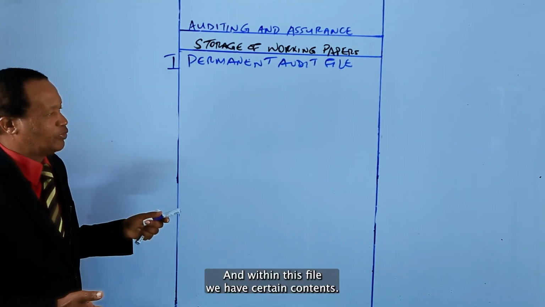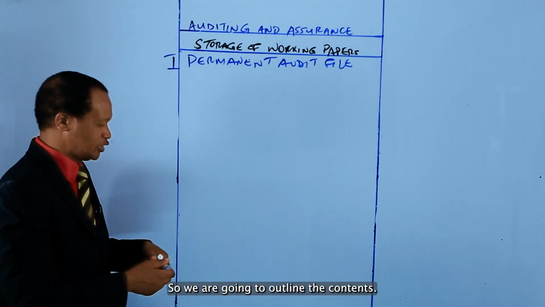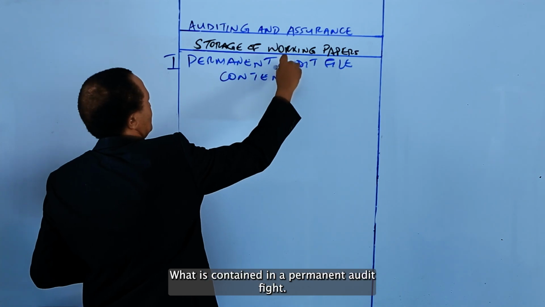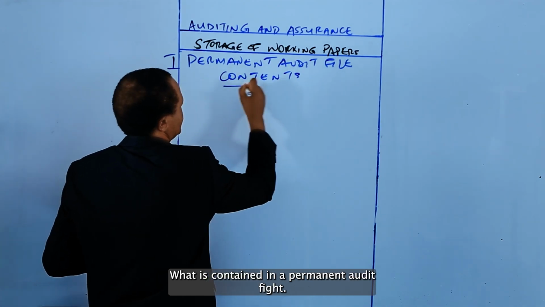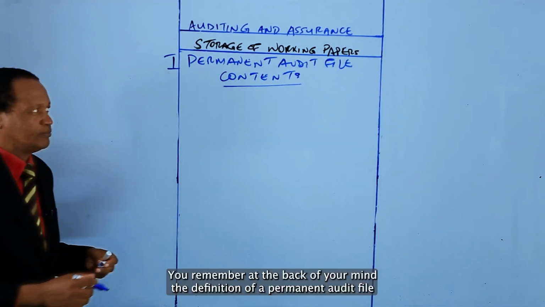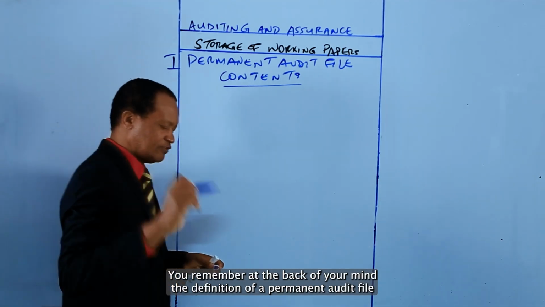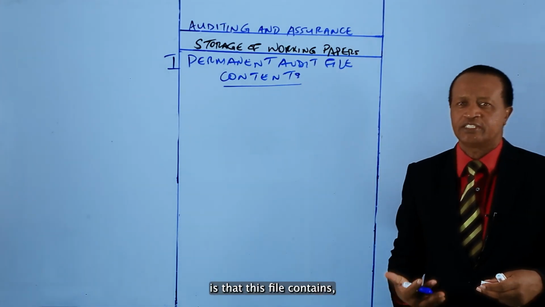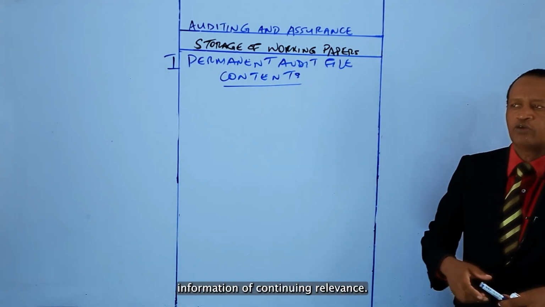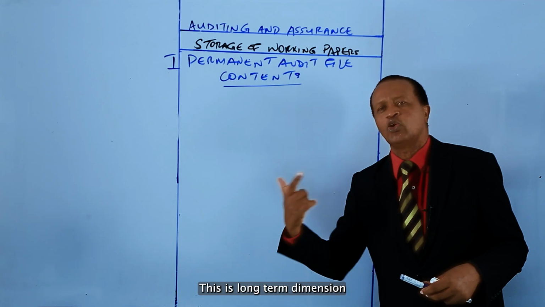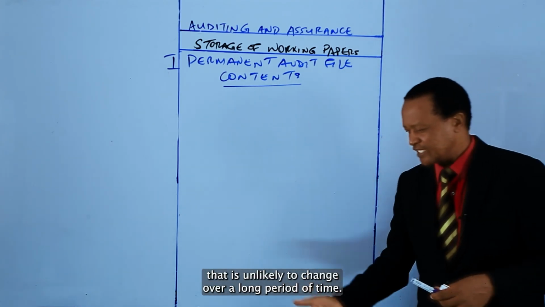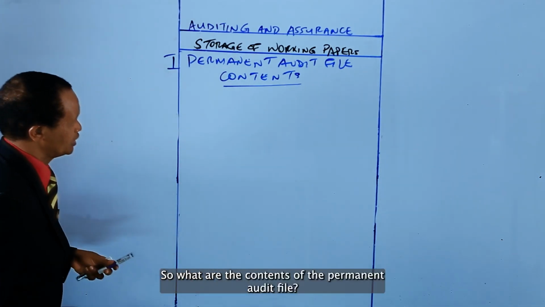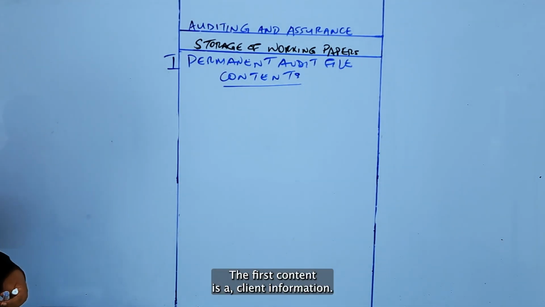And within this file, we have certain contents. So we are going to outline the contents. What is contained in a permanent audit file? Remember, at the back of your mind, the definition of a permanent audit file is that this file contains information of continuing relevance. This is long-term information that is unlikely to change over a long period of time. So what are the contents of the permanent audit file? The first content is